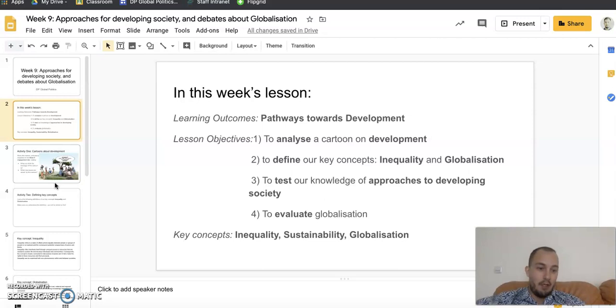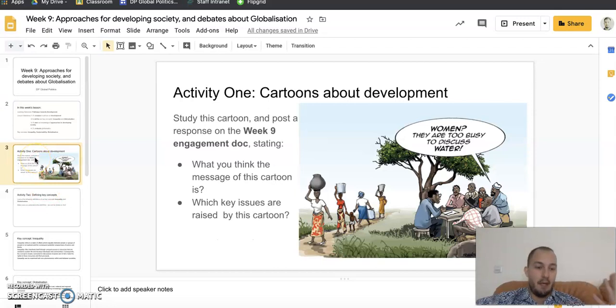First of all, we're going to have a look at a cartoon about development. We're going to define some key concepts: inequality, globalization. We're going to test our knowledge a bit, test our understanding of approaches to developing society, and then we're going to evaluate globalization. So first things first, an easy way to get engagement: have a look at this cartoon about